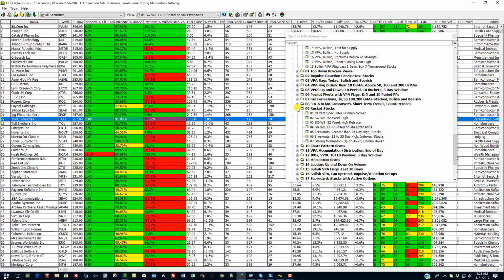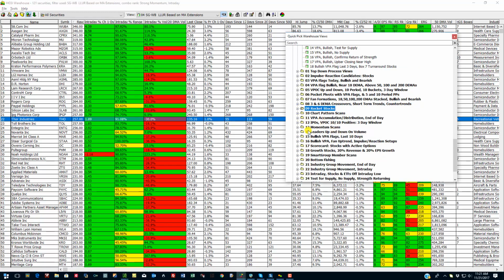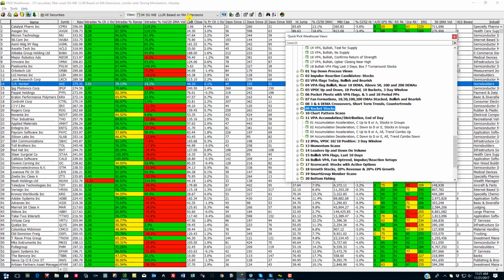Okay, any questions? I guess the main point is I wanted to point out that these are end of day filters, and they're being driven with the intraday combo. So that gives us the opportunity, if we sit and look at the screen during the day, a lot of people do, others don't care to do that, but if you do, what it does is it gives you opportunities to locate stocks that may,